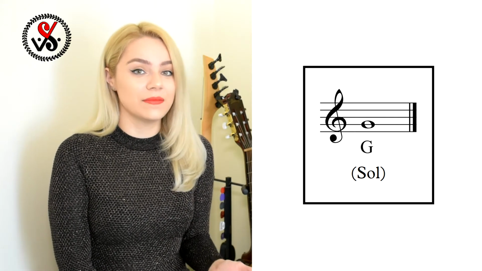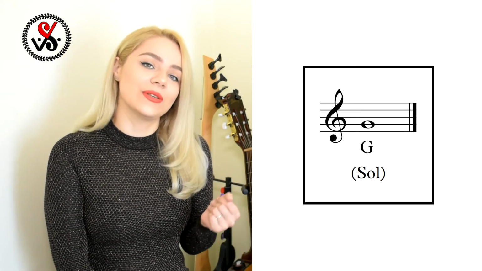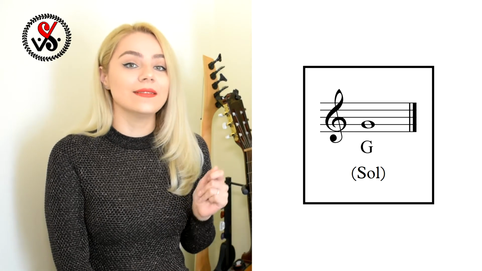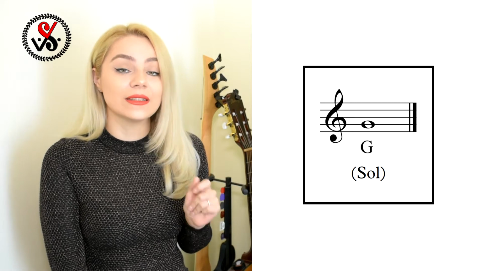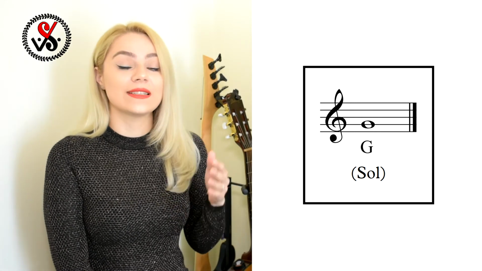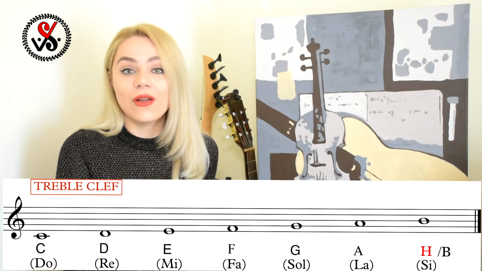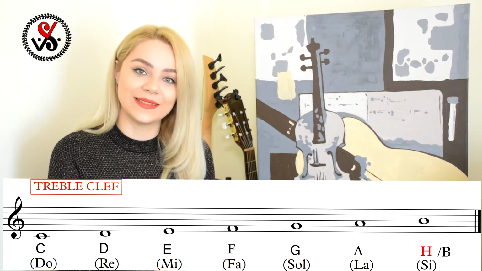Why clef G? It's very simple, because this clef is located on the second line of the music staff, the same place where note G is located. And the notes in this clef you already know, because we learned those notes in our first lesson.